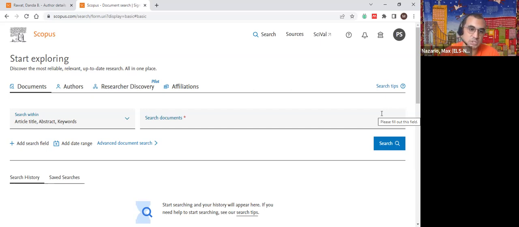I've gone straight into the Scopus platform, which is what you're seeing here. As soon as you sign into Scopus, I do highly recommend that everybody using Scopus signs in as the first thing that they do. If you don't have a Scopus account, I do recommend you create one. The reason why is because that will become more important later on down the line when we're talking about alerts